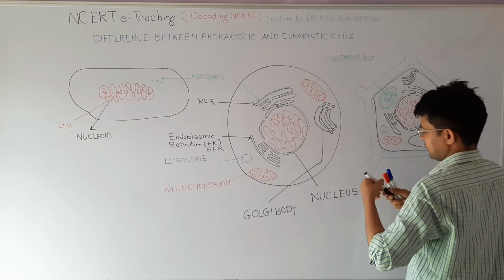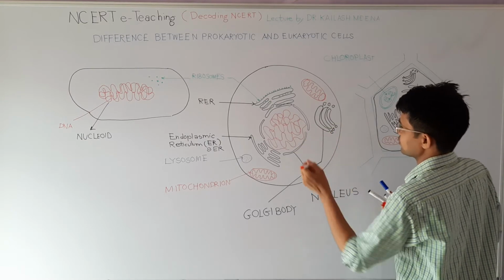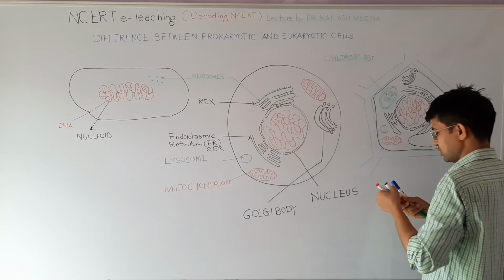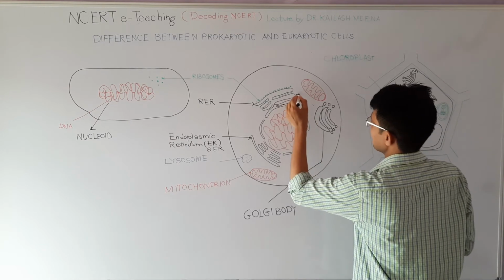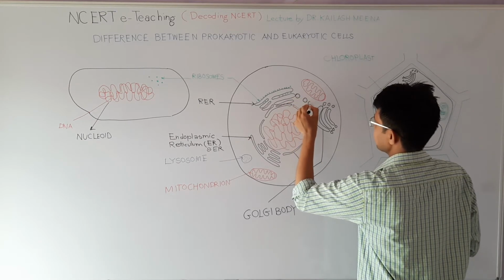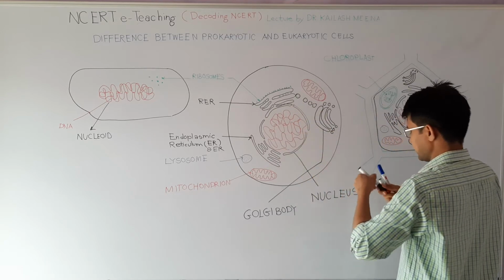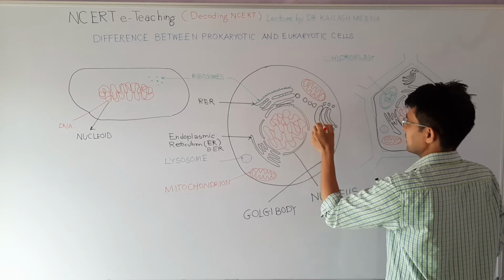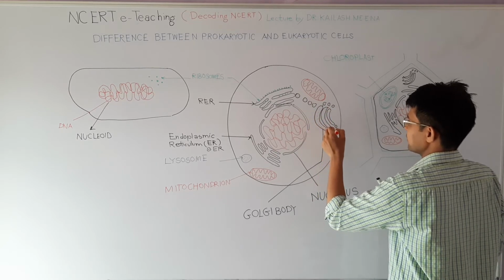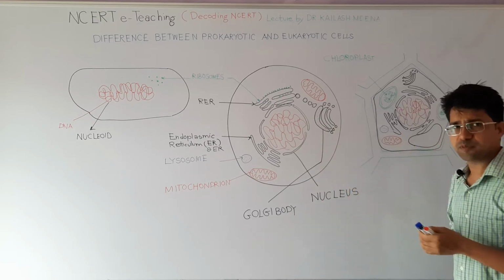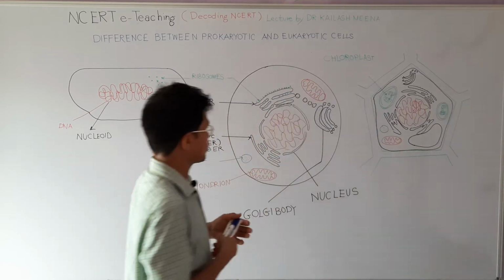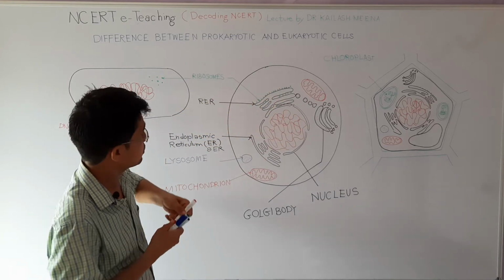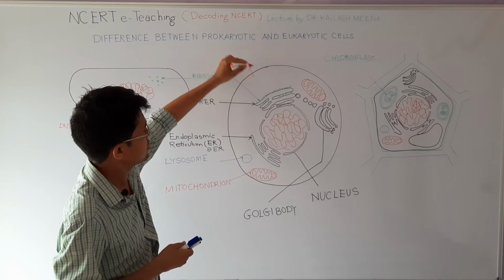So when these endoplasmic reticulums, rough and smooth, make some material, those materials are transported towards the Golgi body with some spherical membrane bound structures, and then the Golgi body receives those materials and then resends them to their destination. So cells produce many types of materials, and most of them are required for the cell also, and many of them are required to go out from the cell. So Golgi decides this task.